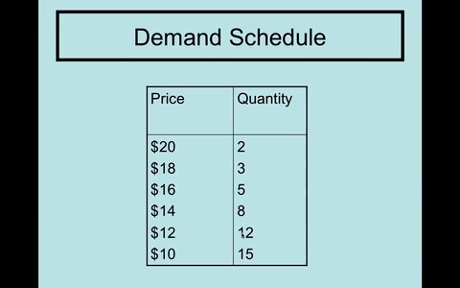So here, for example, is a demand schedule. And again, economists use a product called widgets. It's fake. It's not a real product. We'll say this is a demand schedule for widgets. What's a widget? I don't know, whatever you want it to be. But you can see that for every price that's listed, it shows you how many people will want to buy, the demand for that particular product at each individual price. So at $20, we're going to buy 2. At 18 we'll buy 3, and so on and so forth. This is a demand schedule.